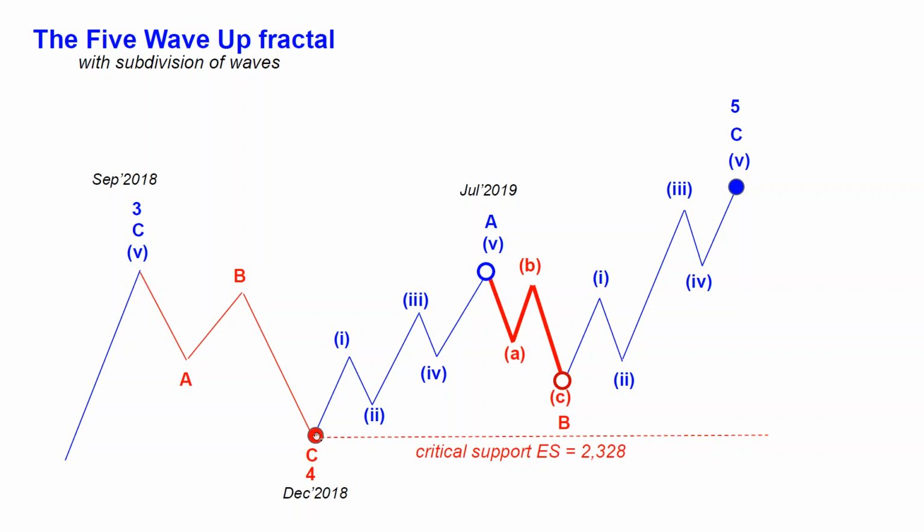making a higher low in comparison to that low, and from here we would get the very final 5 wave up rally, which has to make a new higher high over the top made in September 2018 and then in July 2019. And once we make that 5 wave up rally, making a new all-time high, that would complete a huge bull